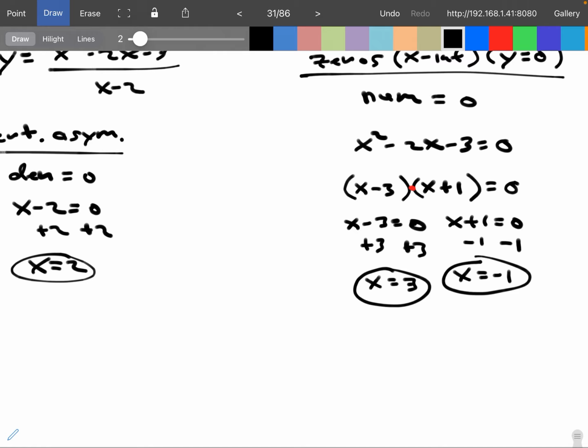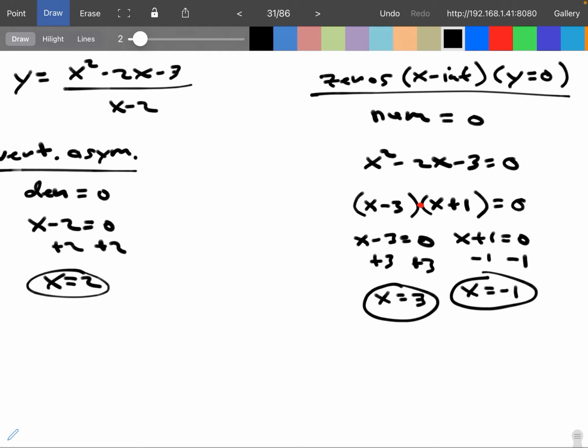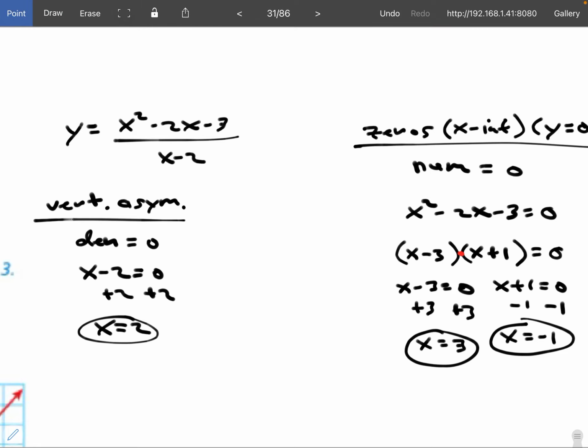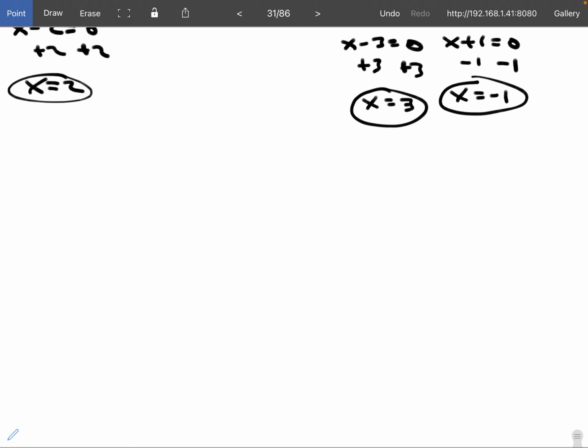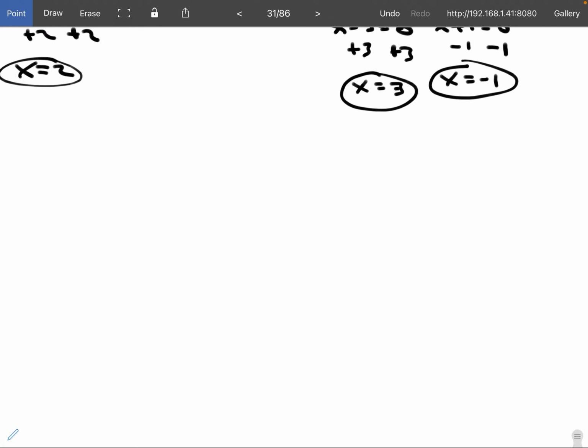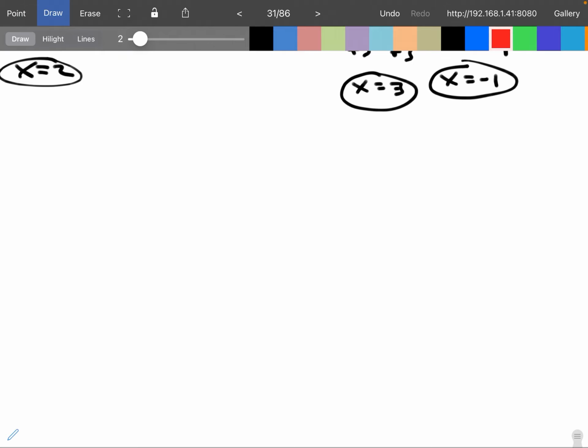Now somehow, based on this information, we're supposed to be able to graph this function. This function here is not as simple as the ones we had before, right? This is not a transformation of the graph y equals 1 over x. But it's still going to have those same kind of ideas because we know it's got a vertical asymptote, right? So I'll tell you right now, if I start to sketch this, if you have a vertical asymptote,